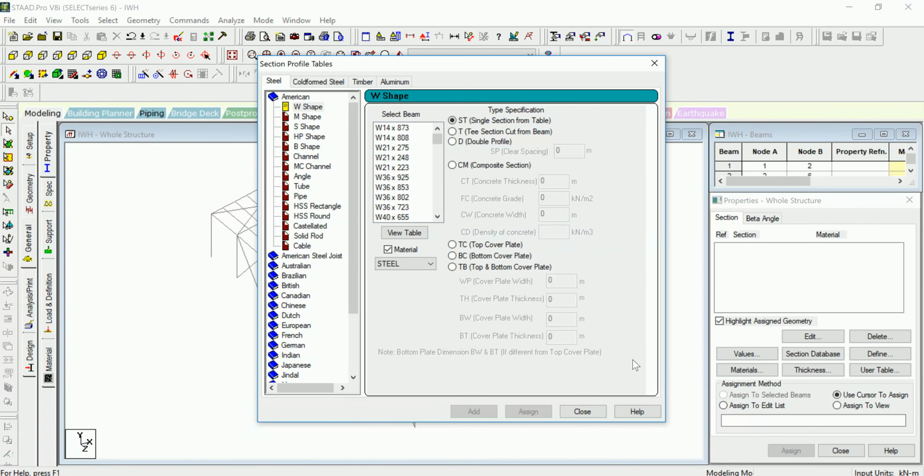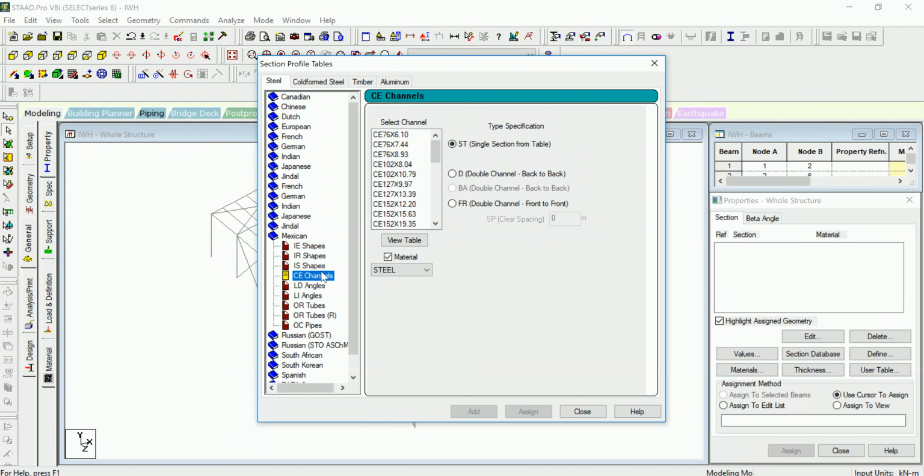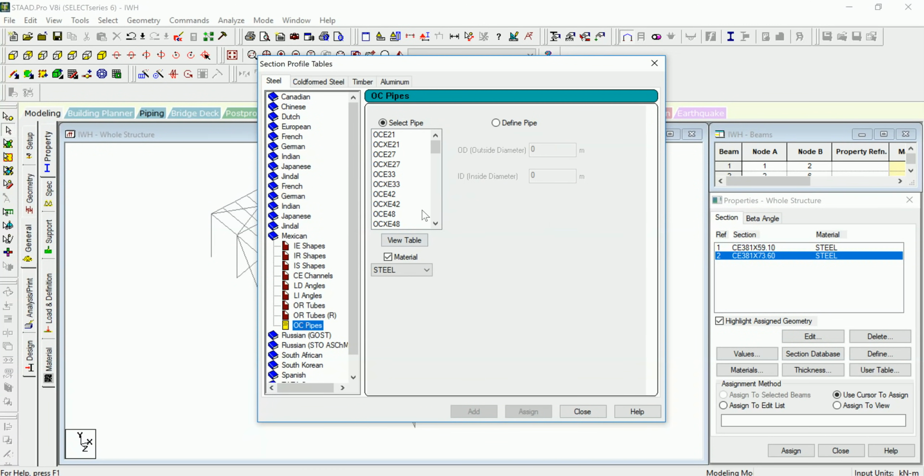So the sections from here you can choose depending upon which country you want to work for or which standard you want to follow, which is like section standard you want to follow, sorry. So here I am going with the Mexican, and in the Mexican I am going for CE channels, and I am selecting, we are selecting this one, and then OC pipes,